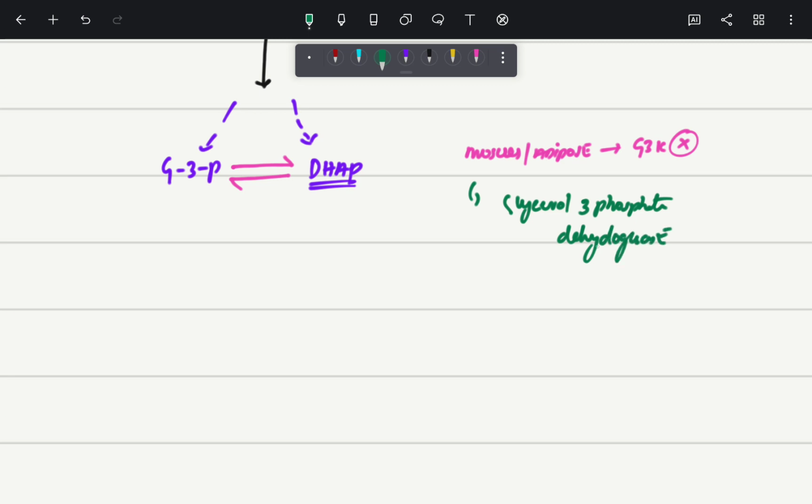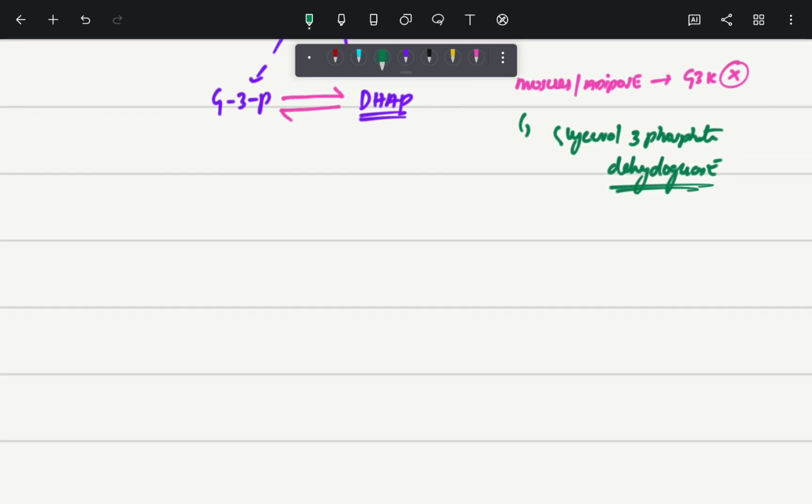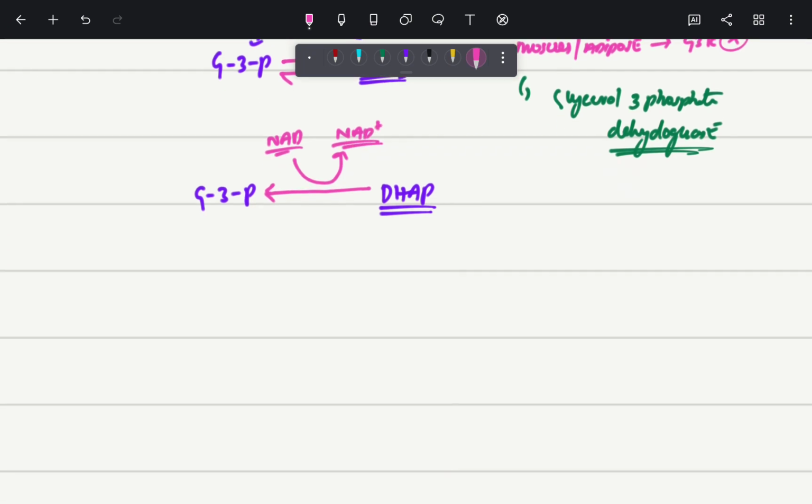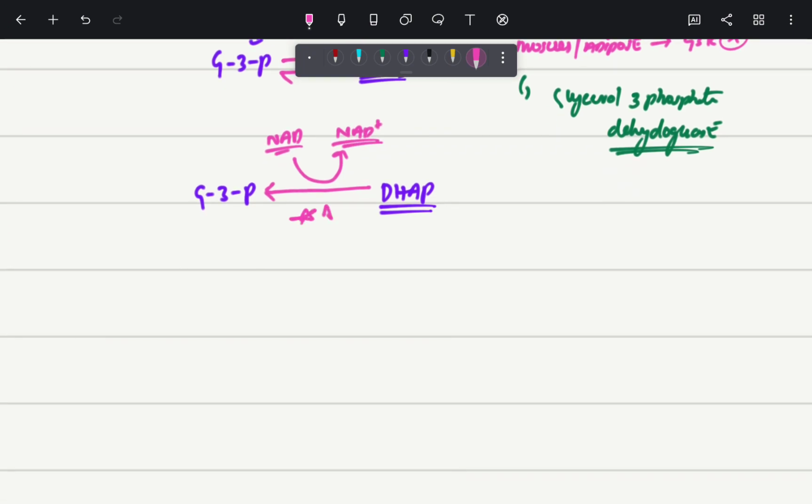Okay, what is the function of this glycerol 3-phosphate dehydrogenase enzyme? So as you can see here, this is glycerol 3-phosphate and this is the dihydroxyacetone phosphate. This dihydroxyacetone phosphate will get converted into glycerol 3-phosphate, and here NADH will get converted into NAD plus,